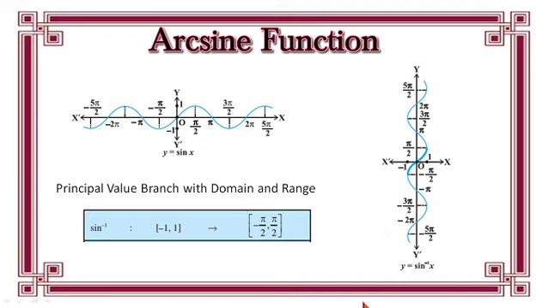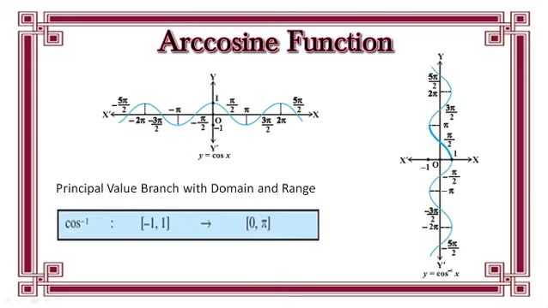And whenever we talk about principal values, definitely we will deal in this branch, the principal value branch. So the domain of sine inverse function is -1 to 1 and the range is minus pi by 2 to pi by 2. Same way we have to fix all the intervals for all trigonometric functions. Same way for cos inverse x, the domain is again -1 to 1 and the range is 0 to pi. This highlighted portion, 0 to pi.